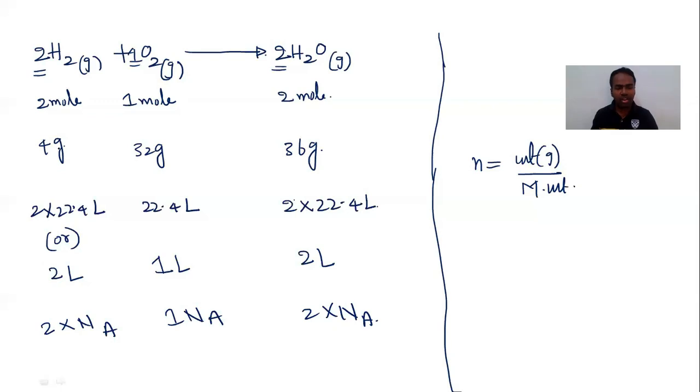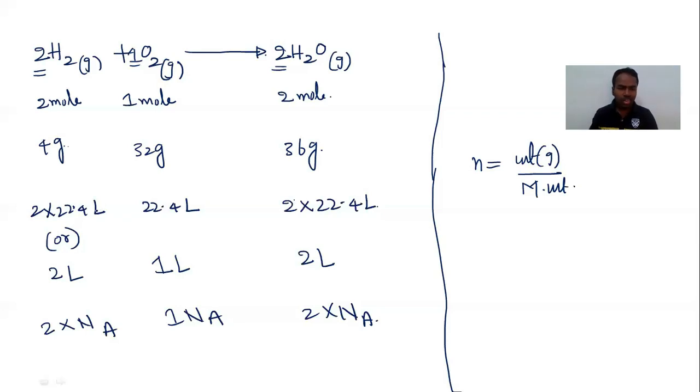Then after getting these, you can compare this weight and this weight. That is called weight-weight relation. And if you compare the volumes of both reactant and product, that is called volume-volume relation. If you compare one side volume, one side weight, that is called volume-weight or weight-volume. You can compare any two parameters. Okay. So how can you compare?